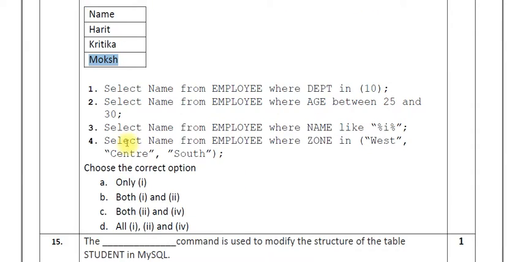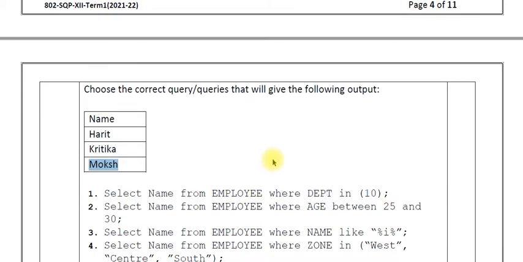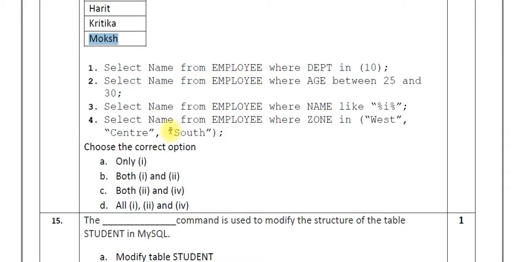Let's check the other option, select name from employee where zone in west, center, south. So let's check if it's same or not. West, center, south. So definitely this answer also can find out the name of the employee. So over here 1, 2 and 4. So all 1, 2 and 4. So D is the answer.